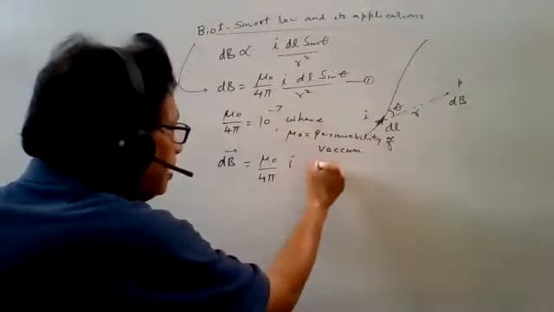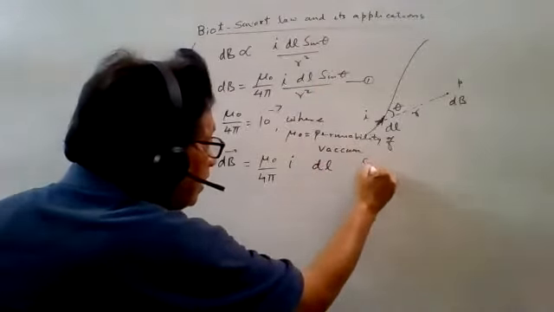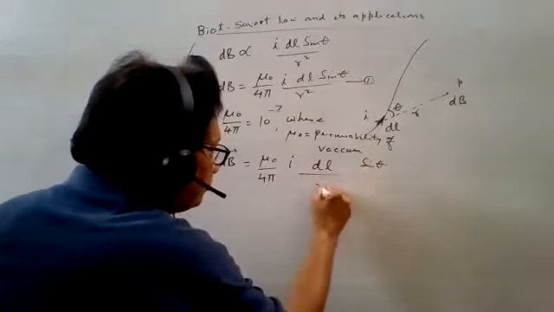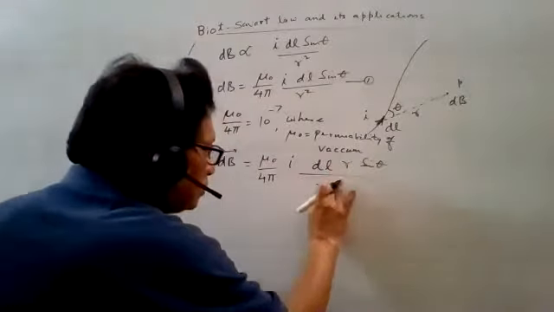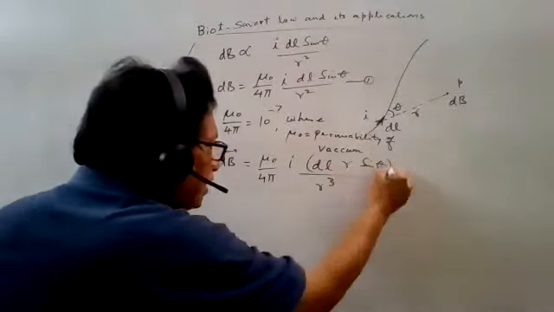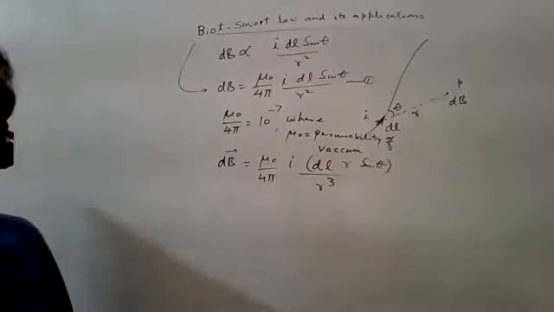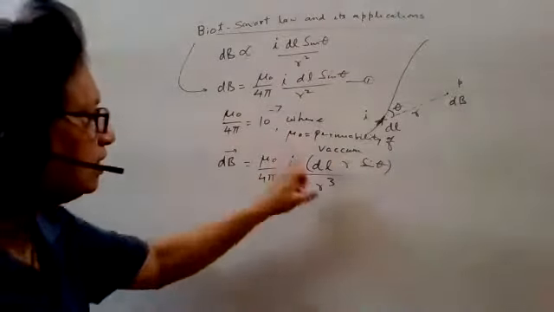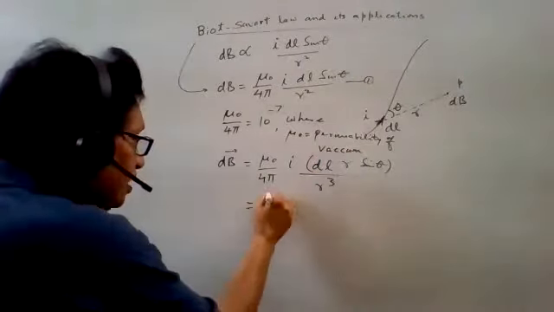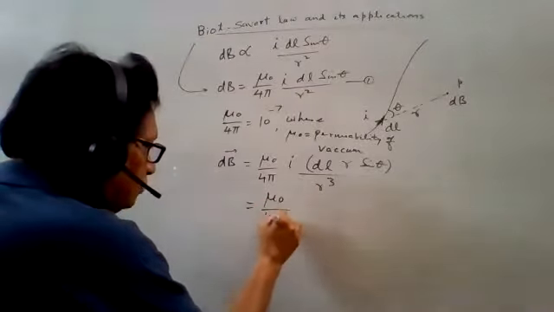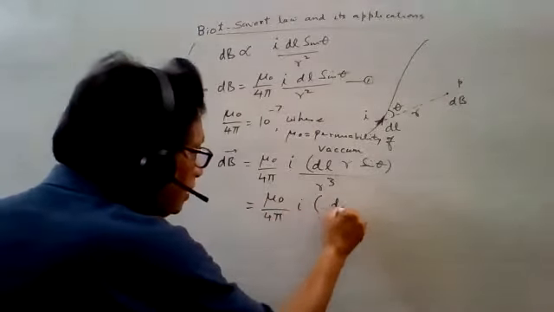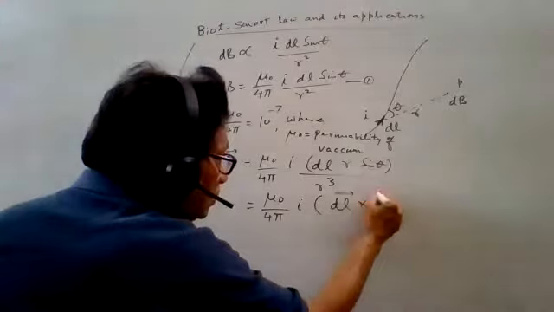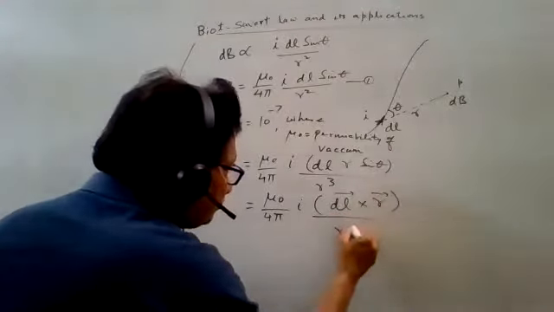If you multiply here with r and divide also, then this quantity, by the product rule of vectors, is dl cross r. So it will give you the direction. You can easily find out the direction of dl cross r